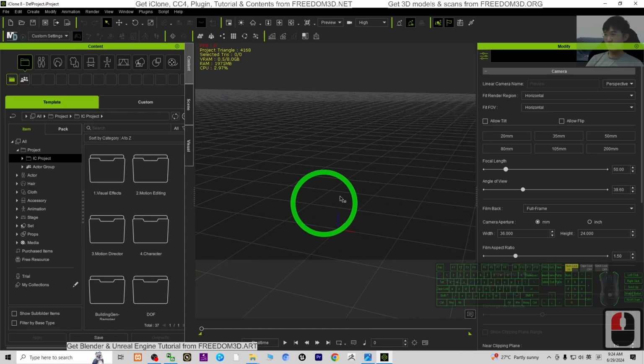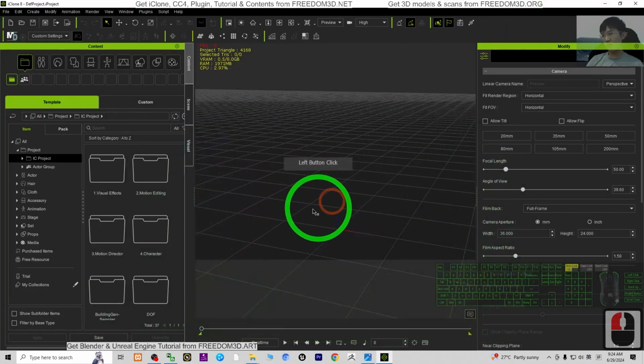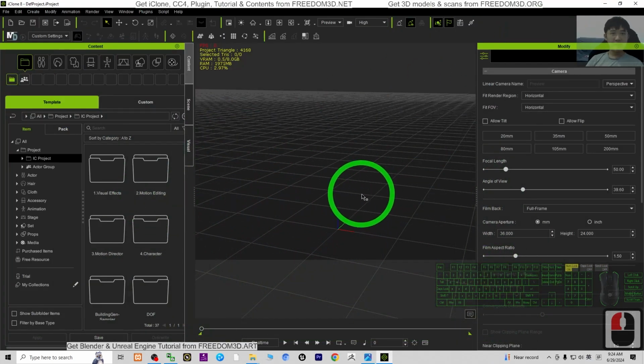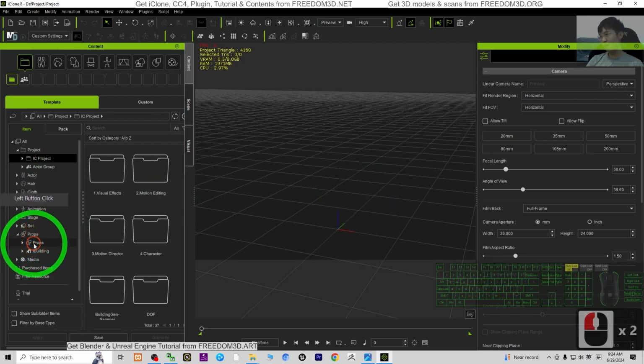So now we are going to start. You can see this is iClone 8. To perform the automatic prop distributions, first what you need to do is just create a surface. It can be any surface from any prop. Let's say now I'm going to just add a prop,